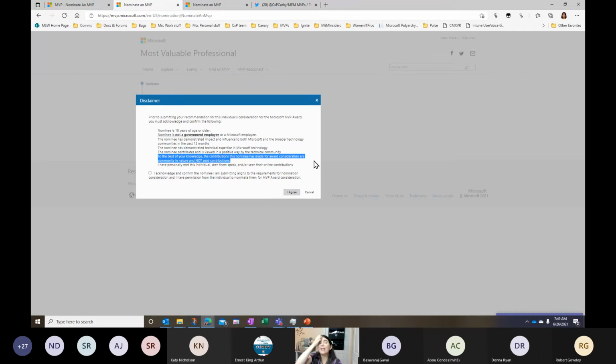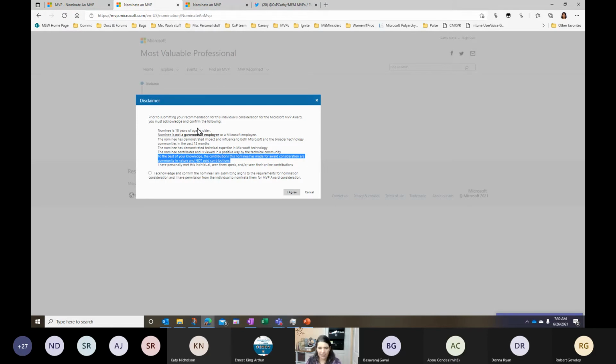If somebody says that they are mentoring somebody in their own company, that doesn't really count as a community contribution, because you're getting paid to work for your company and to support your coworkers. But if you turn around and you're mentoring somebody else to be an MVP, or some school kids who want to learn about technology, that counts as a community contribution. That's not to say that you can't have some stipend to pay your expenses to get to a conference or something like that. But we're not looking for people who are doing this as a full-time job. They're doing it because they love the community.